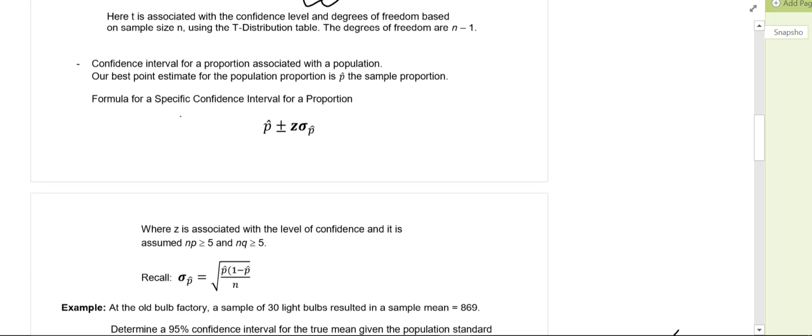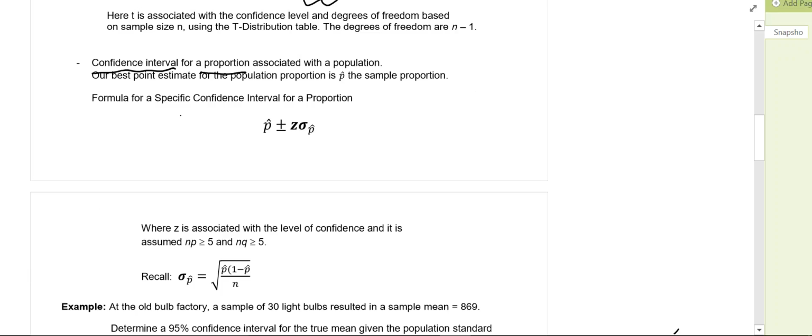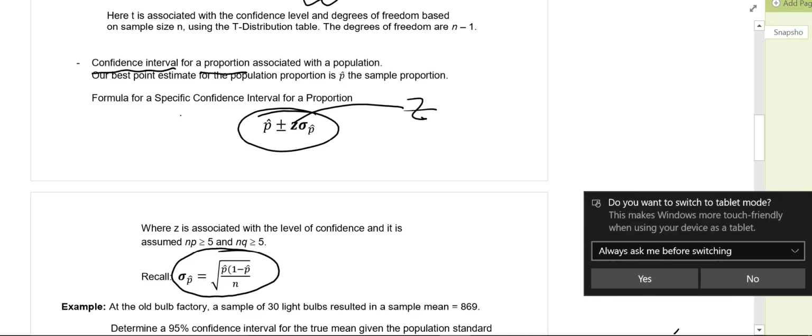Third, we might be talking about a confidence interval associated with the proportion, percentage of a population, a ratio, etc. That is, if we're asking a question that says certain percentage like this, pass, fail, defective, percent that are good, we're working with the proportion. And if we're working with the proportion, our formula is given here. We notice we always work with the Z table because we can always calculate the standard deviation